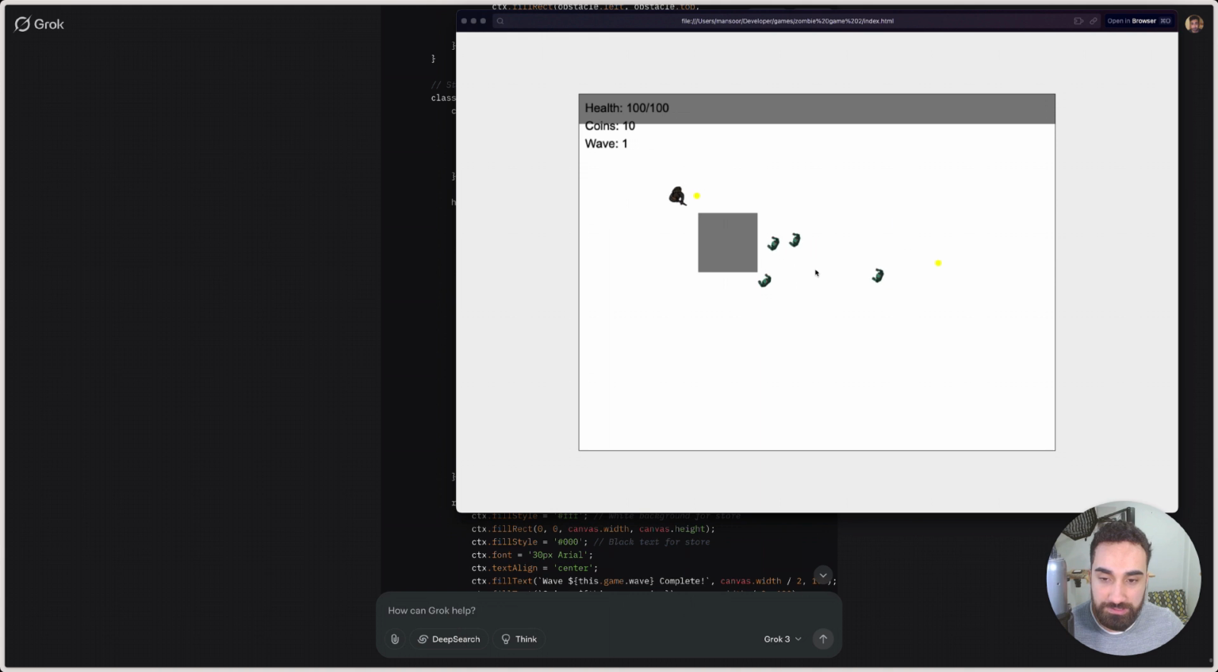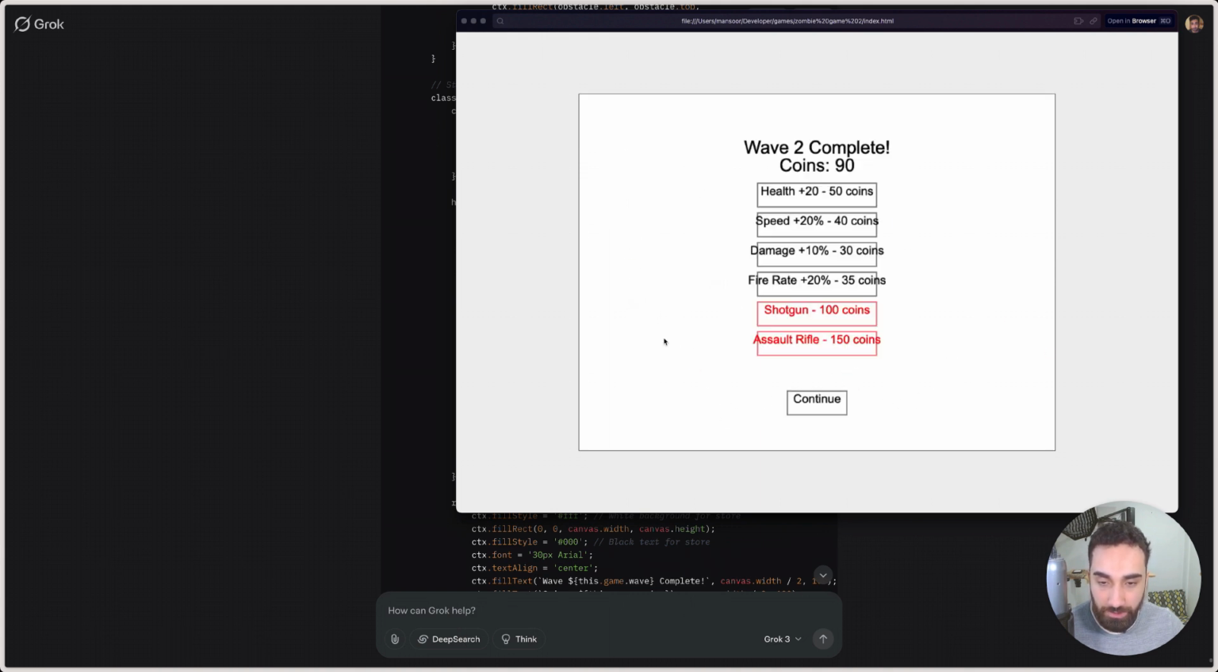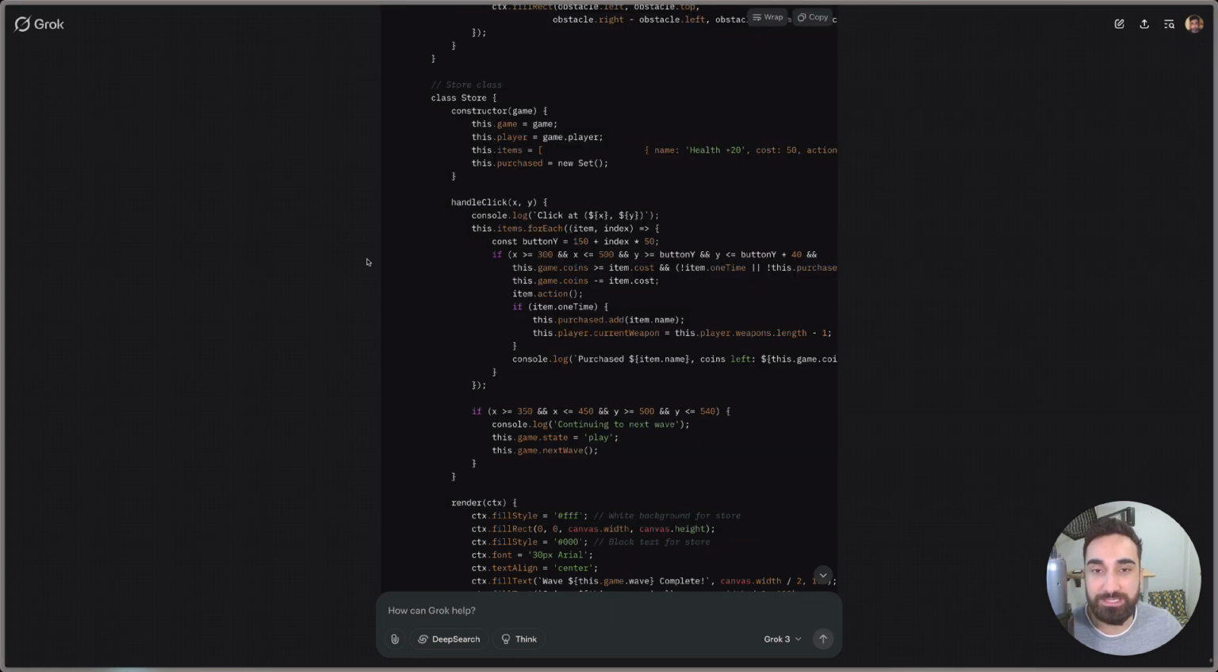Nice. So it's pretty much exactly like the example that I showed in the beginning. Okay, cool. So we have a pretty nice looking game. So what you want to do now is continue working on your game. You can add new monsters, you can add new waves, new weapons, new upgrades, everything that you want. It's just a matter of you going into Grok, writing your prompts and working with Grok to add all of